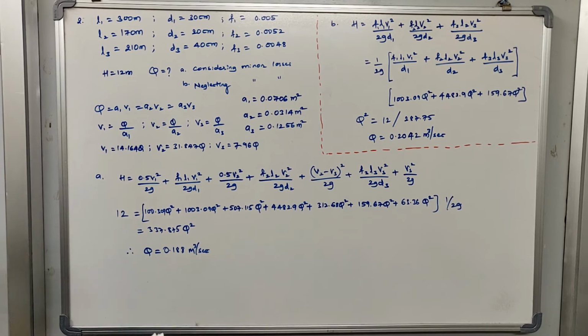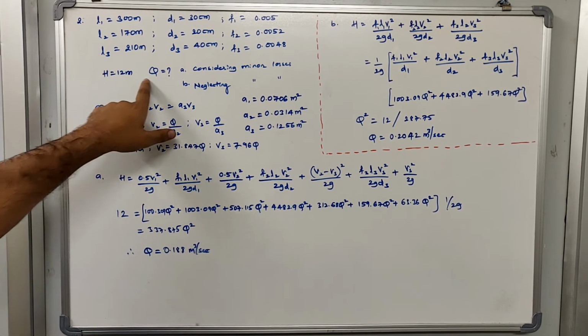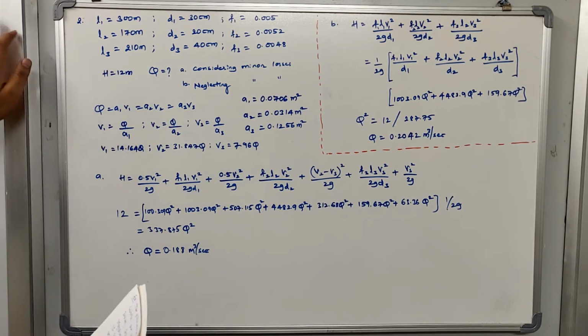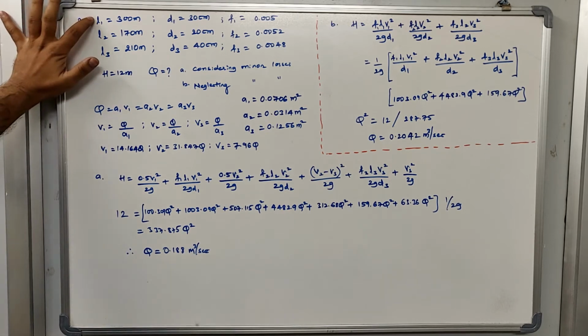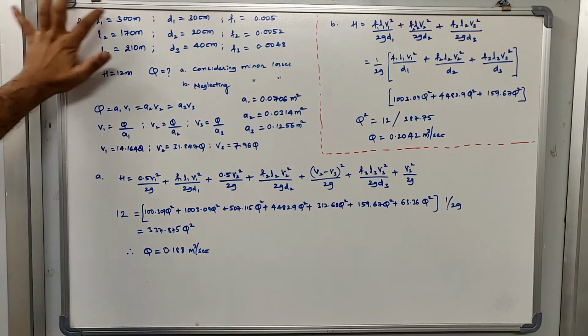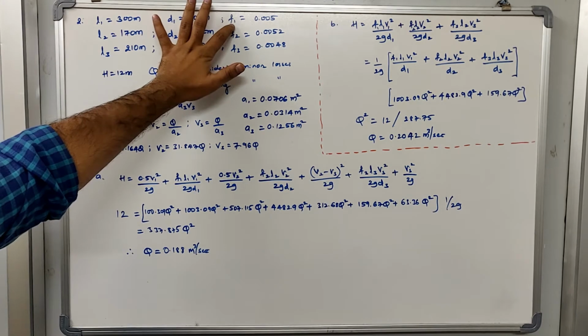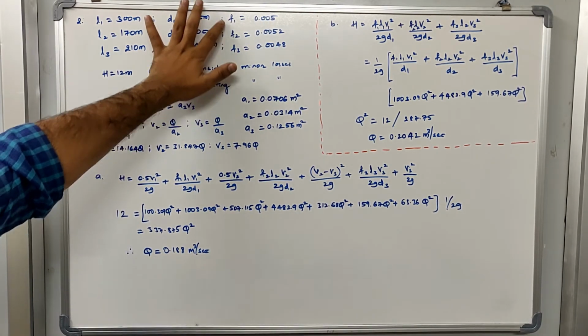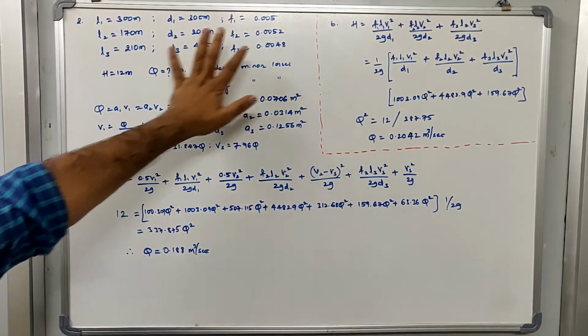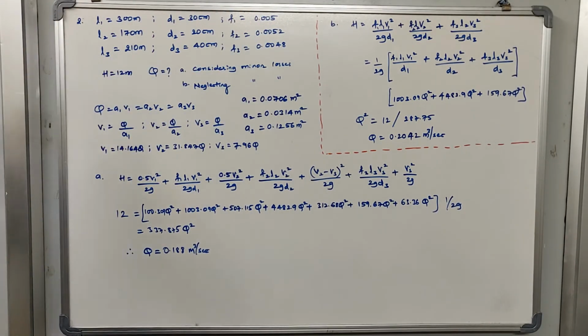Next, if you read the next part of the question, it says that you need to determine the discharge. You have to calculate how much the discharge is, and he has given you the friction coefficient. So he has given you the F value, and the F value will also vary with respect to different types of pipe. So pipe 1, which has a dimension of L1 and D1, has a friction coefficient F1. F1 is 0.005. Similarly, F2 and F3 are also given to you. So let us write down all these given data over here and then we can start solving it.